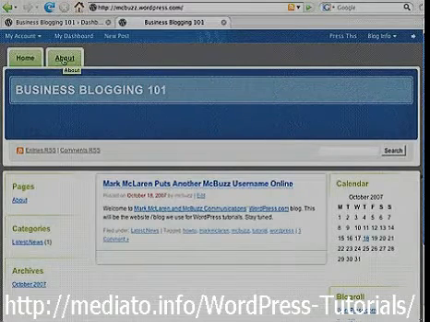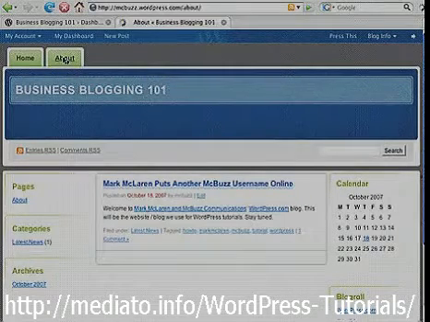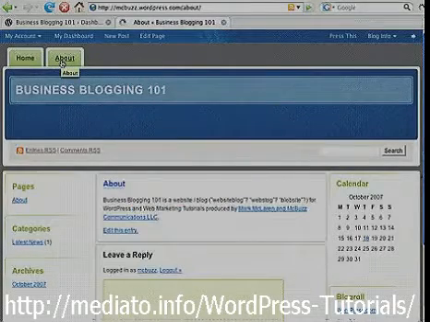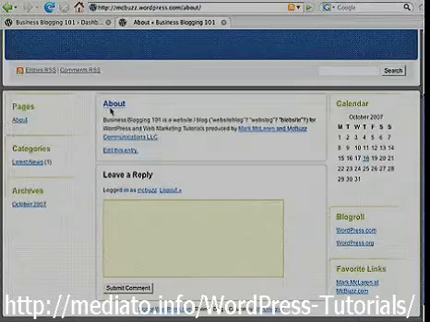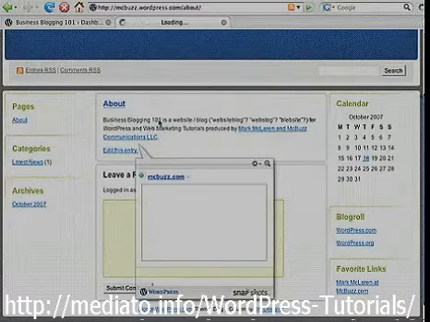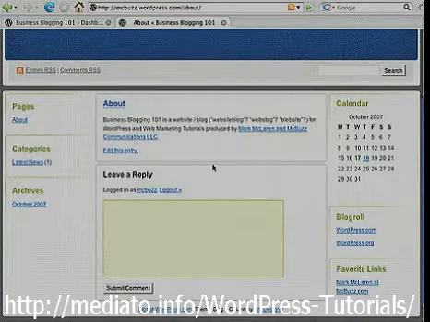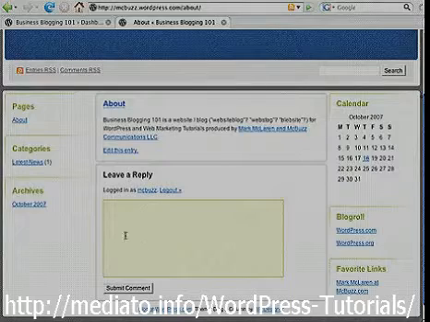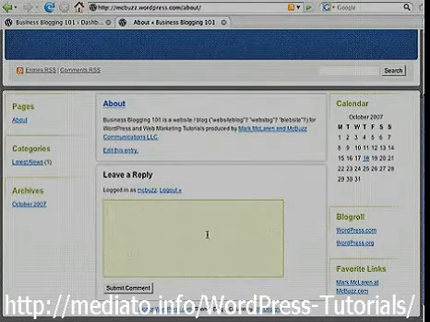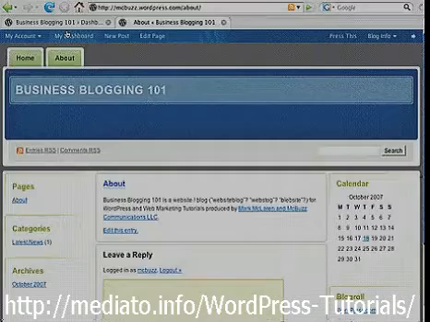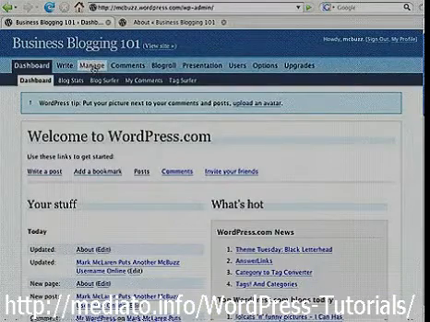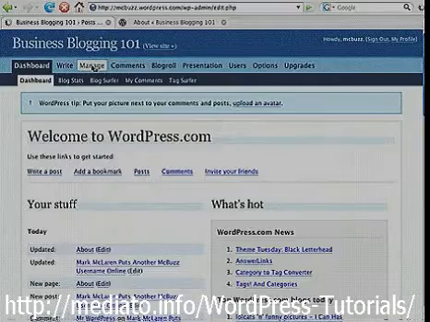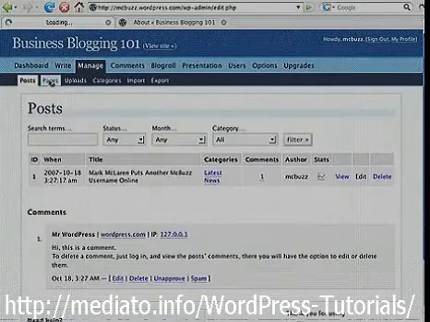So you can see here, for example, that I have an About page. If I click on About, we're taken to that page. We see that I've got some content here, and it's possible to comment on this page as well. Okay, if we go to the dashboard and go to Manage, Pages,